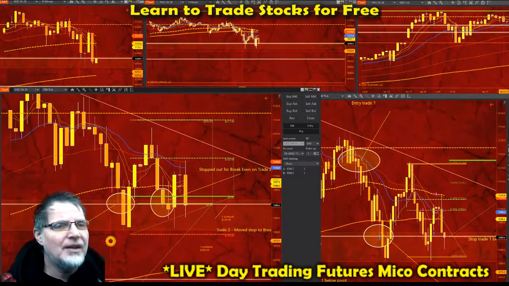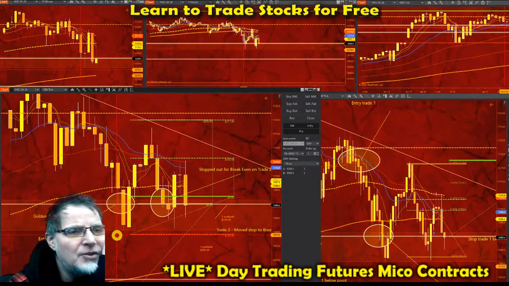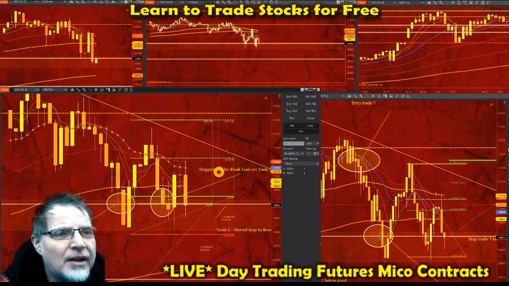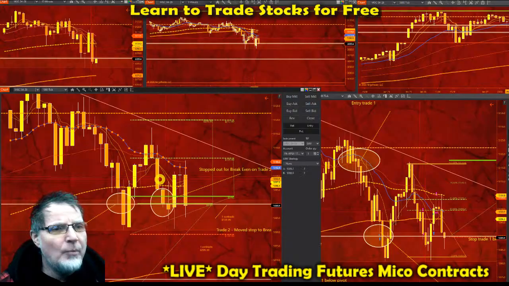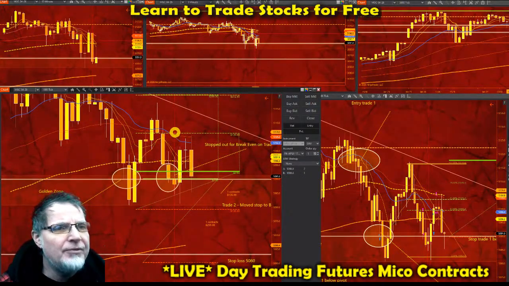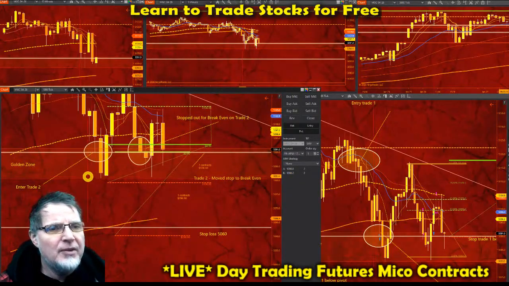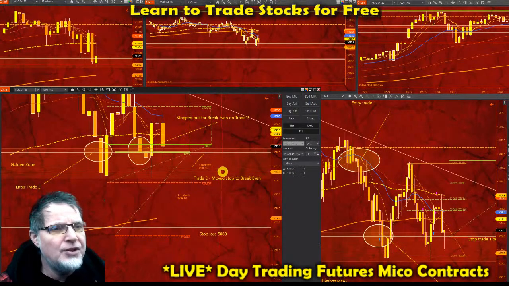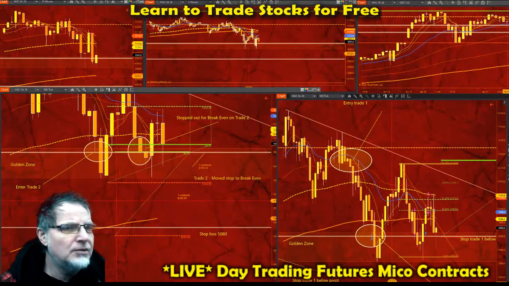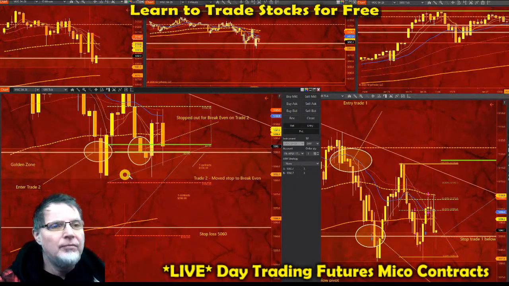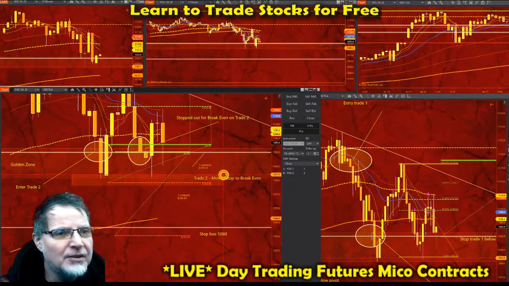Although I'm trying to learn, maybe I got 4 different, let me see. Once the 20 is under the 50, and it is, and the momentum lines are under the 20, so we got 4 moving averages going in the same direction down. If it breaks this Fibonacci level, then I could look for the next trade to be a Fibonacci short on my lower time chart. So that's what I'm waiting for. I'll be waiting for it to break this level here.